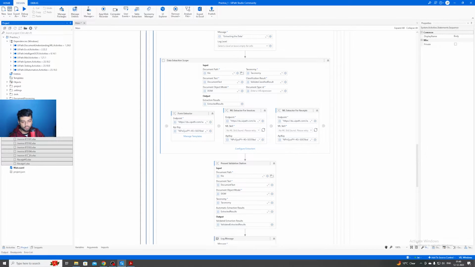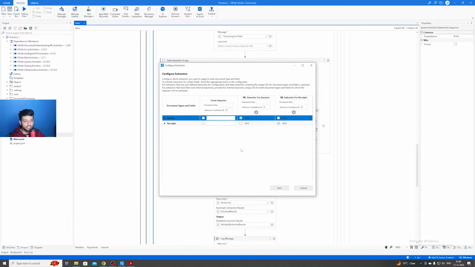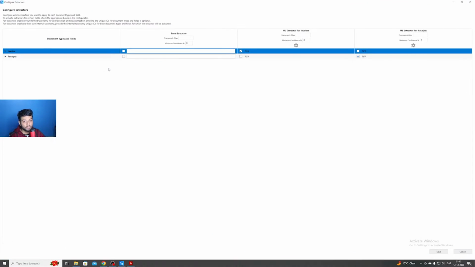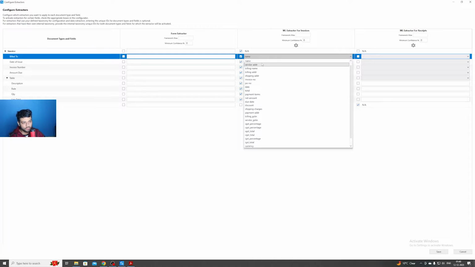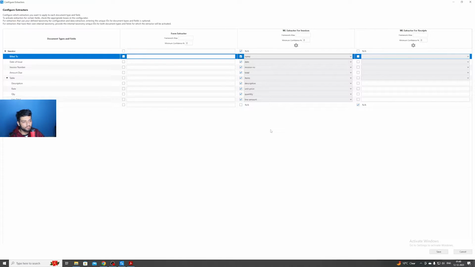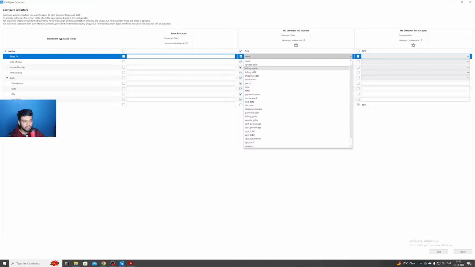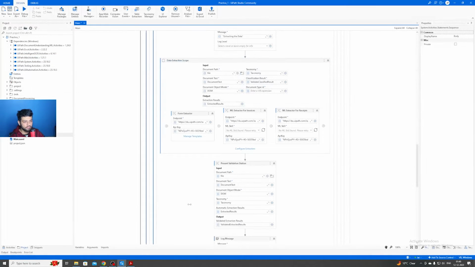Now we have selected name. Previously it was billing name. So see, there can be a difference in fields also. So we don't have anything else, right? This is all the items. Okay, we don't need items now. Previously we were having billing name, now we are having name. Okay, save it and let's